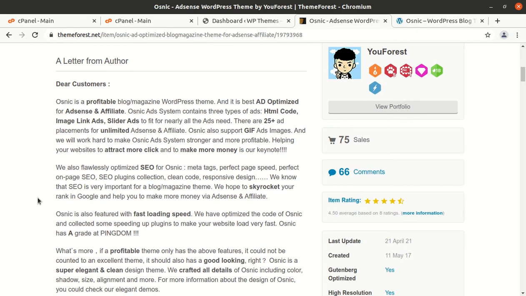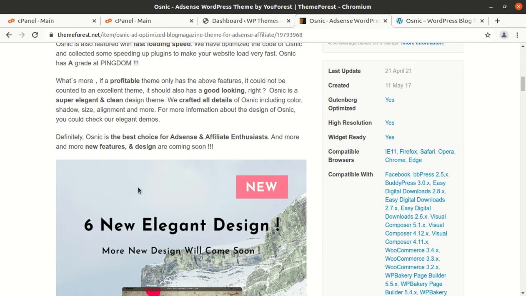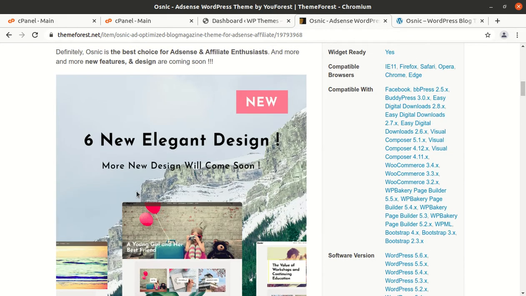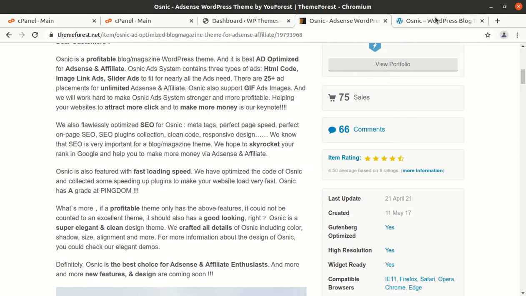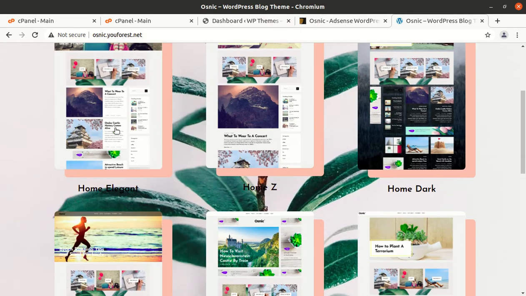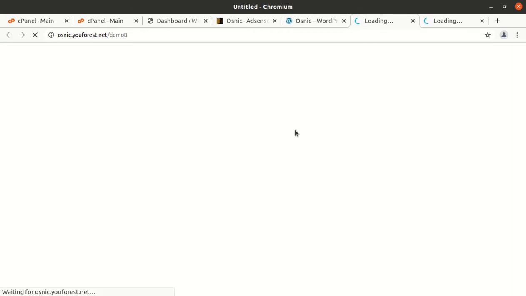So Osnic's ad system contains three types of ads, that is HTML code, image link ads and slider ads, to fit nearly all the ad needs. So basically this is the theme specifically built for blogging and monetizing itself. So if we talk about the demo,